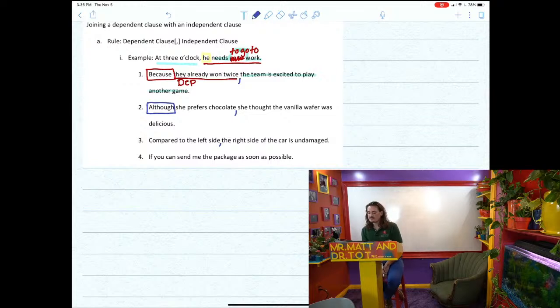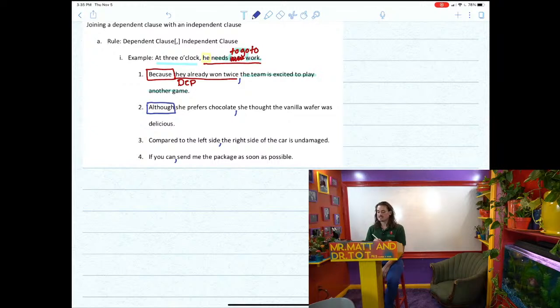Number four, if you can send me the package as soon as possible. You see how without the comma, without the notice of when to take a break or a pause, the sentence is a little bit weird to read. So this should be, if you can, send me the package as soon as possible. Now, if you can, that's a dependent clause. The second clause is a complete sentence unto itself, and I want to